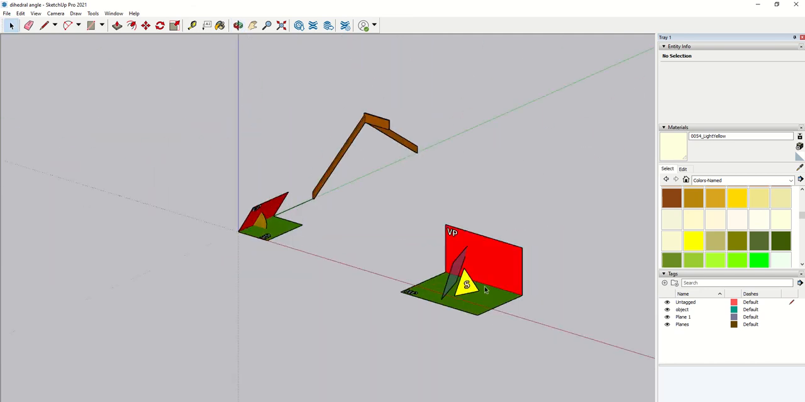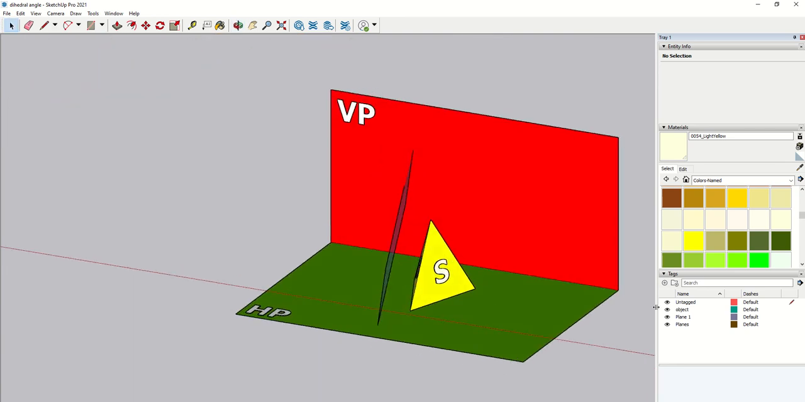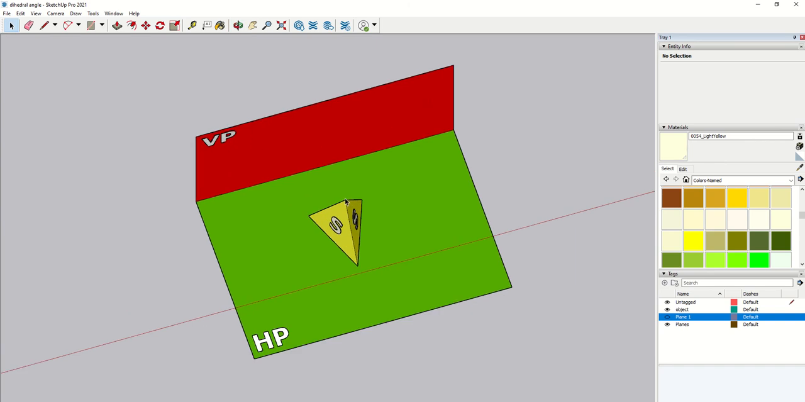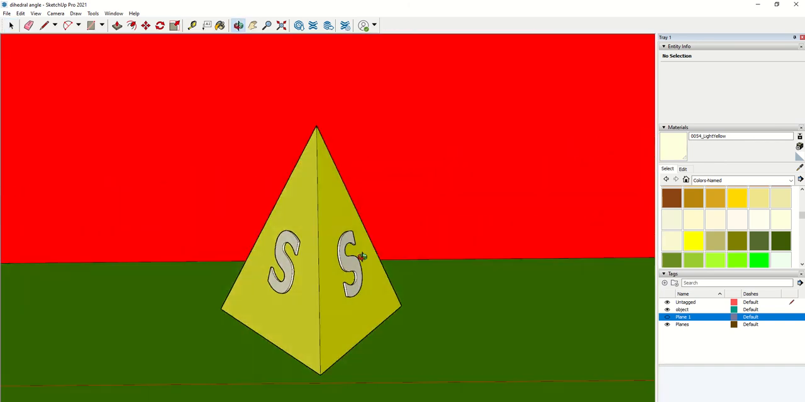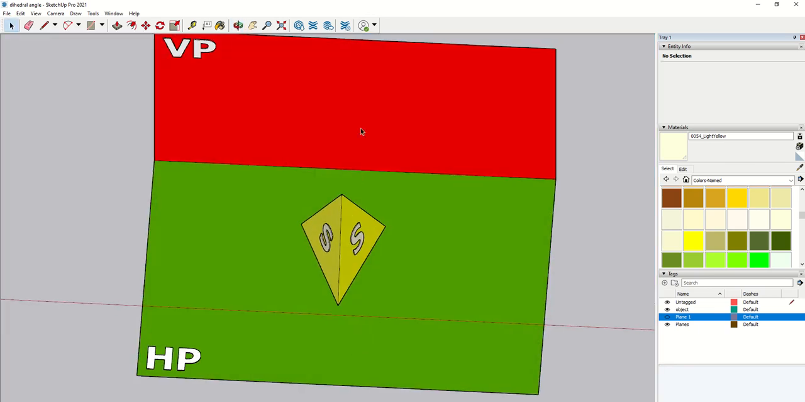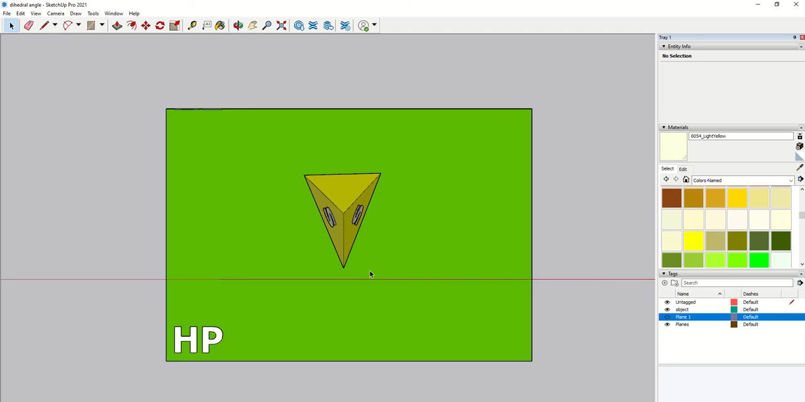Now, in order to find the dihedral angle, I have created a plane with a shape in it, a tetrahedron. Now, the thing about this is, from looking at it in the plan, in the elevation, we can't find the dihedral angle. Looking at it in the plan, we can't find the dihedral angle. So what we need to do is, we will need to get an auxiliary plan. Now, to get an auxiliary plan